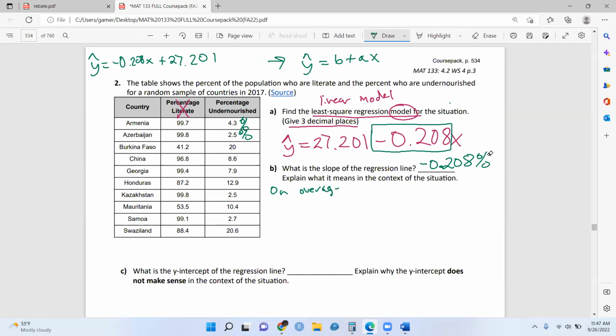On average, if I'm just going to say percent literate increases, what you said is better than what I said, but I don't want to write all that, by 1%, percent undernourished is expected